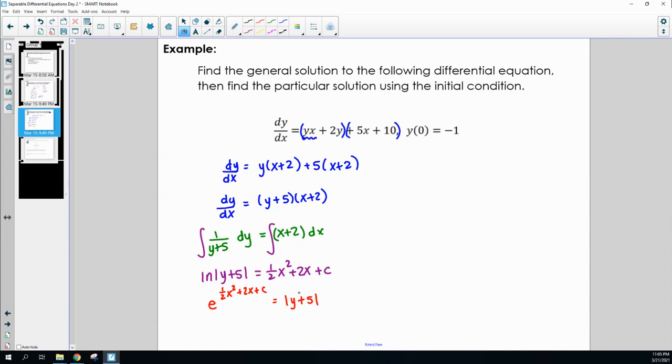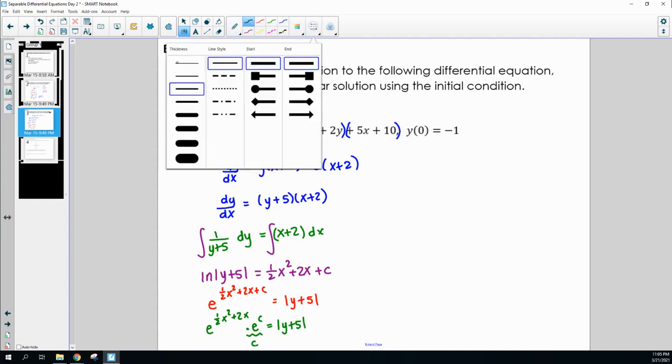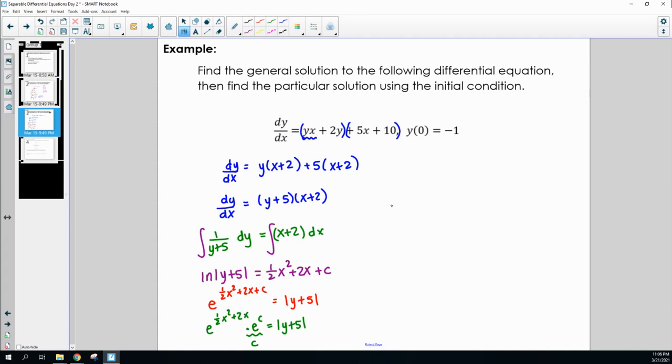Okay, so similar to how we did the last problem, because we have this plus c that's being added into the exponent here, we could rewrite this, and I'll write this down here, as e to the 1/2 x squared plus 2x times e to the c equals absolute value of y plus 5. Remember, this e to the c is really just c. So let me bring it over here. So we'll say that we've got c e to the 1/2 x squared plus 2x, and that's going to be equal to